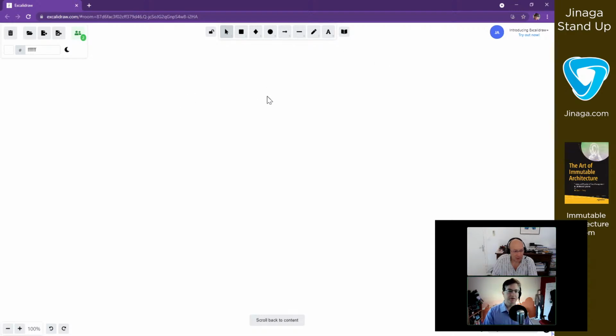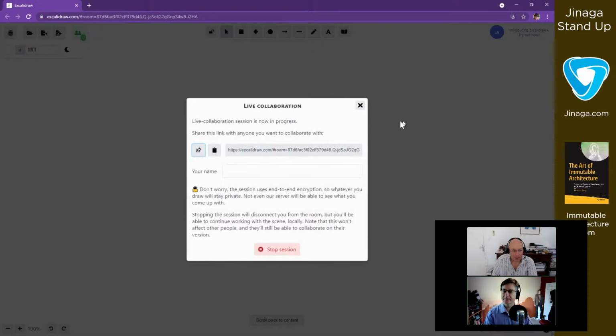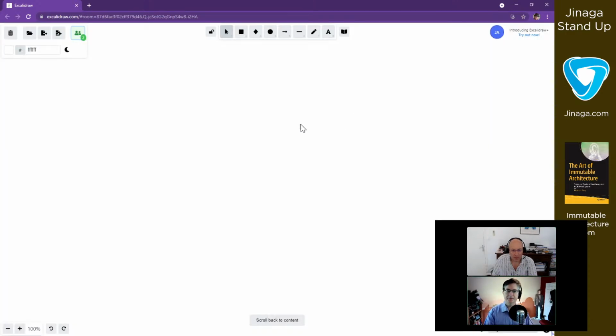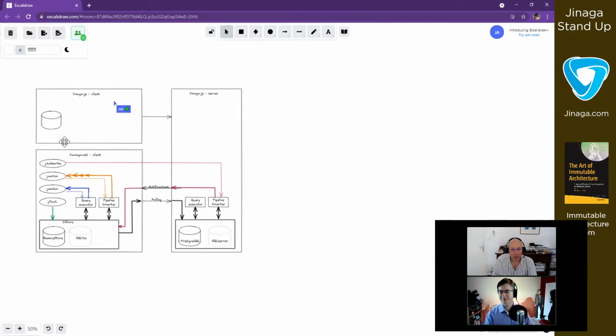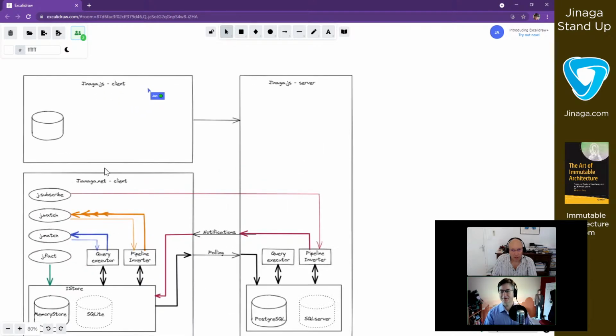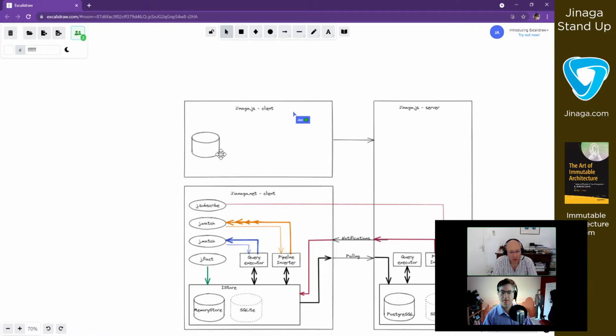Let's see. I'm not seeing anything on the screen except for a small green arrow. Oh, there it is. I was just on the wrong place. Actually, if you press Shift 1, then you will zoom to the whole drawing. Okay, perfect. And I see where your pointer is, and you see where my pointer is.